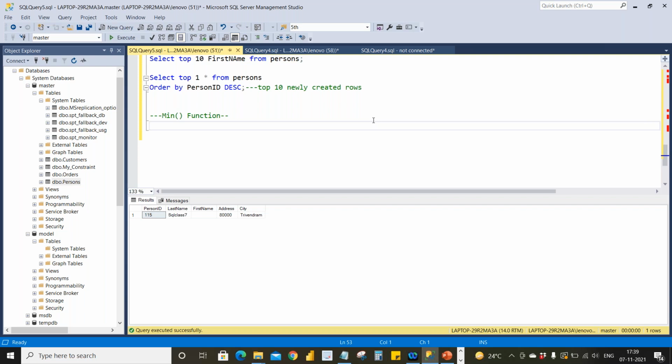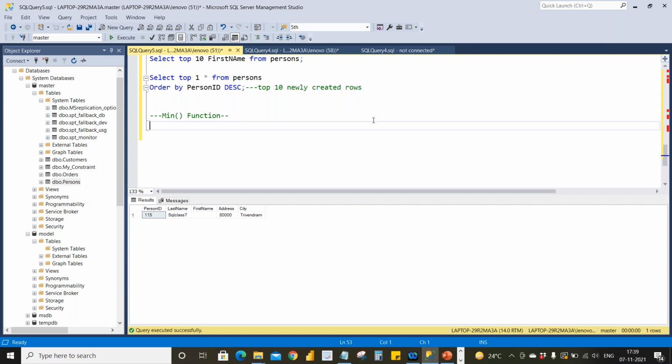In this way, I just wanted to know very easily, but I don't know how to sort it out. If you want to know the 2013 batch minimum marks, you can use the minimum function, and if you want to know the maximum marks of that 2013 batch, you can use the max function.